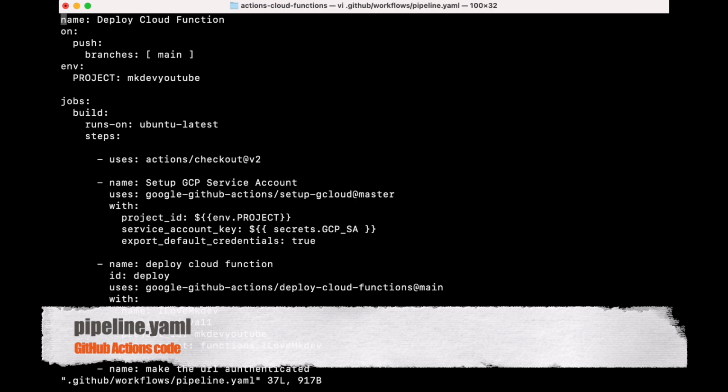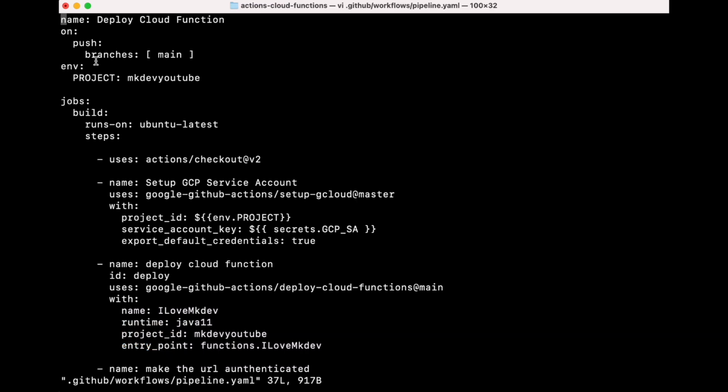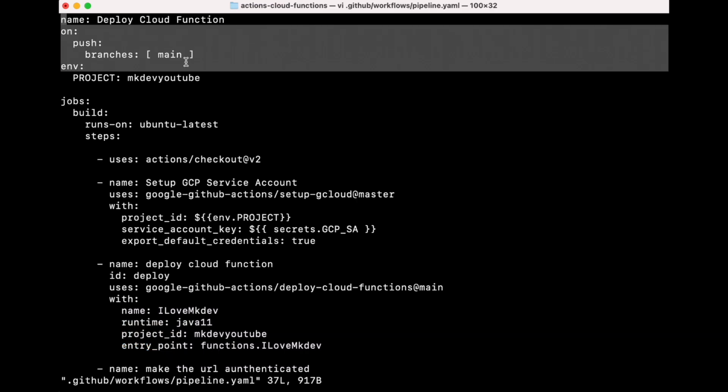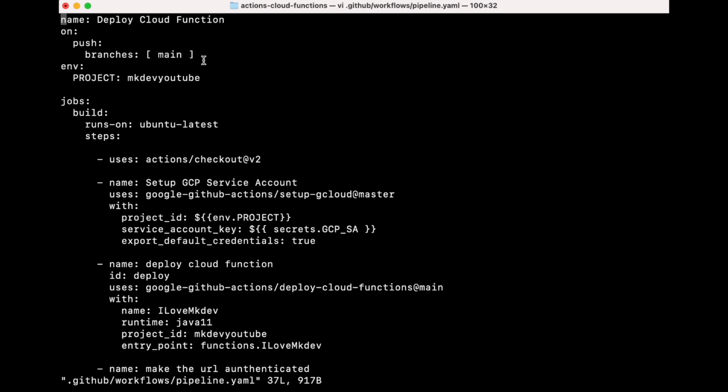To start, we're going to see our GitHub Action code. To set up GitHub Actions, we're going to use a file called pipeline.yaml. As you can see, at the beginning what we set up is the trigger, and in our case, it's going to be a push. What that means is that every time we push something in the branch main, the pipeline is going to start. After that, we start with the jobs.